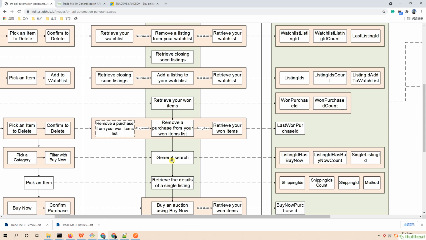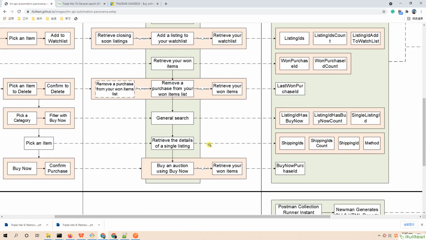Third, we pick a random listing ID from those listing IDs for later two downstream transactions to use. Finally, mark the transaction status as passed or failed.